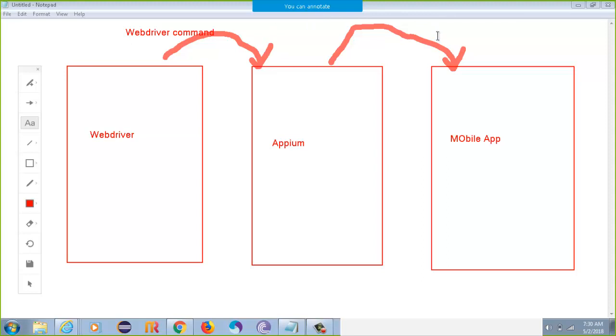Right now I'm talking of Android, so if it were the case of iPhone, it would be iOS commands. Okay, so how does this interaction take place? The WebDriver will talk to your Appium, which in return will talk to your mobile app. Then this Android command or iPhone command or mobile command